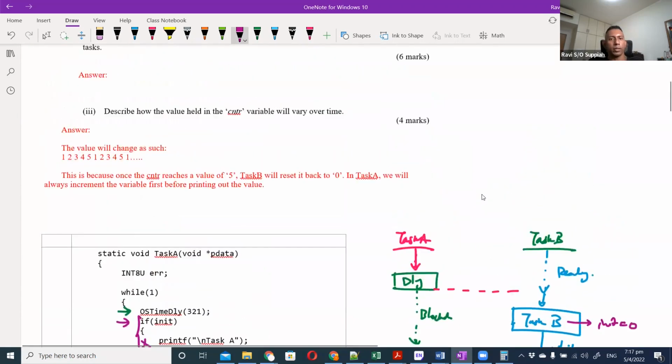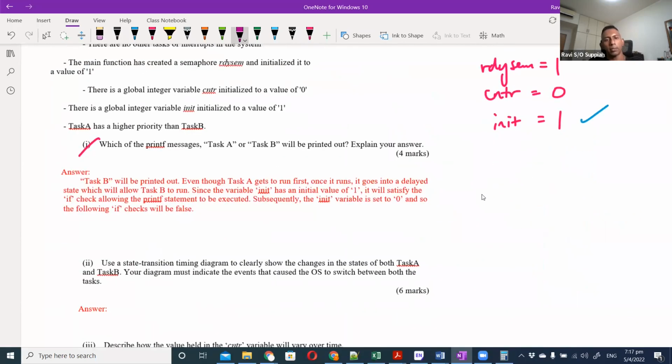So the question asks whether task A or task B will print it out. The correct answer is task B will print it out. And they ask you to explain the answer. So when they say explain, you need to give an explanation of what happens. So the explanation is, task A gets to run first, but then it goes into a delay or block state, which will allow task B to run. And the init value of 1 will allow the if